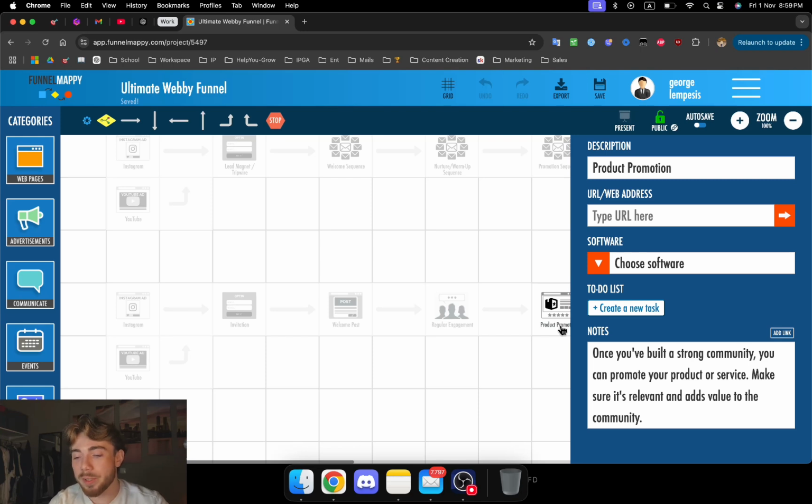And so once you've built a strong community, you can actually promote your product or service. Make sure it's relevant and actually adds value to the community. And yeah, honestly, very straightforward. Of course you need to have a sales page, of course you can do a launch, of course you can add all of this stuff to make it even better, but try something that will actually be valuable to the